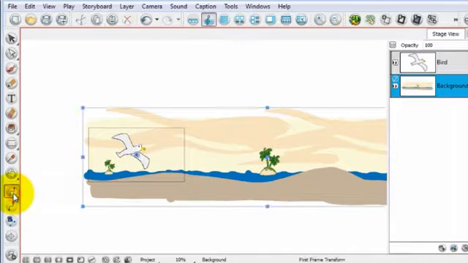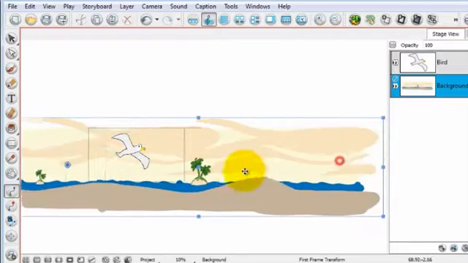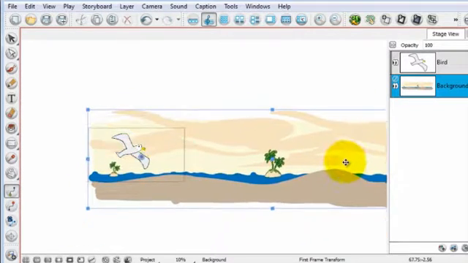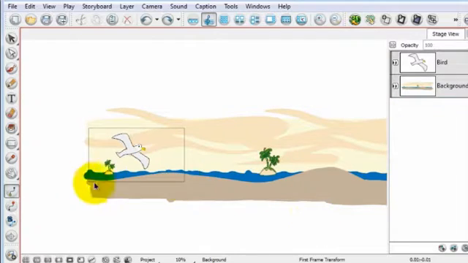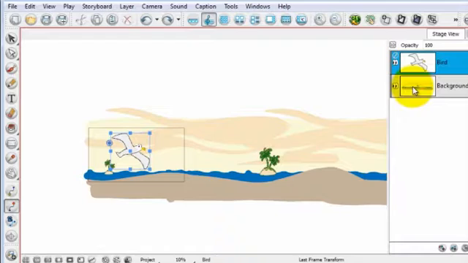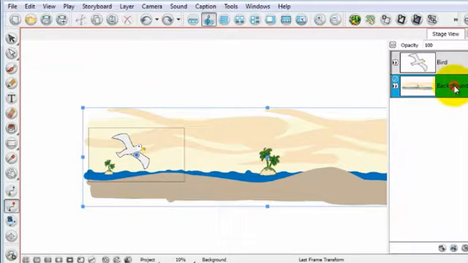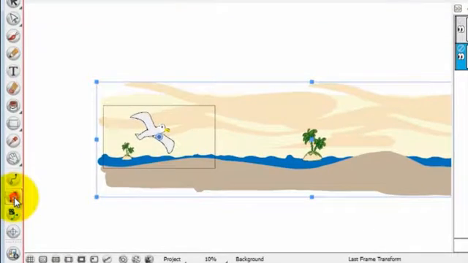And now to transform this layer over time, I'm just going to click on the appropriate layer, click on the first frame transform tool to position the background wherever I want it to be in the first frame. In this case it's already where I want it to be. And now I will click on the last frame transform tool. As you can see, I made a little mistake there because I clicked on the bird layer before I did that. So now I'm going to click on the background layer and the last frame transform tool,